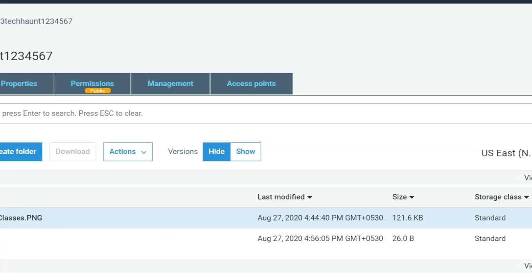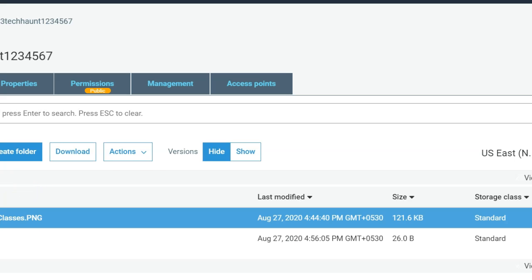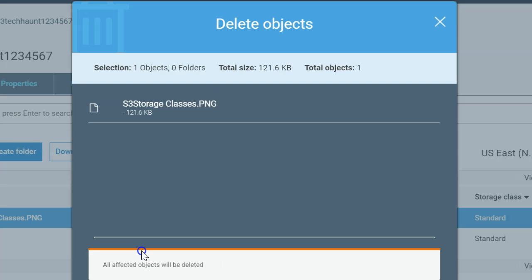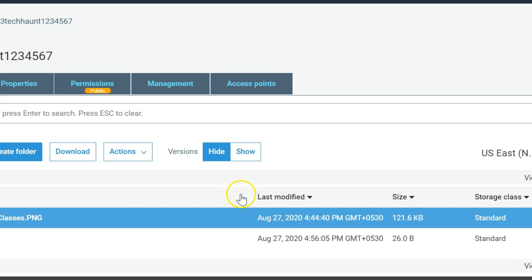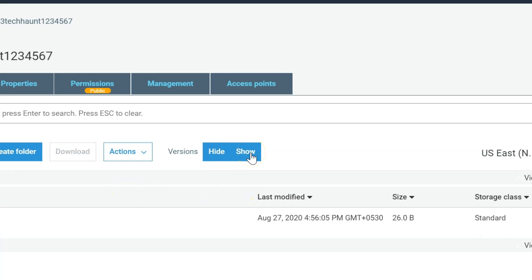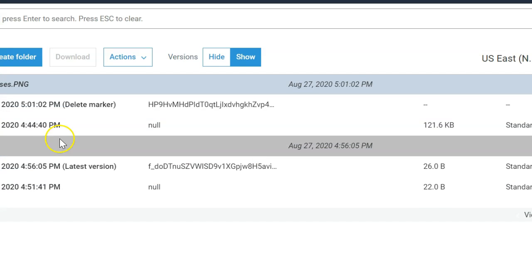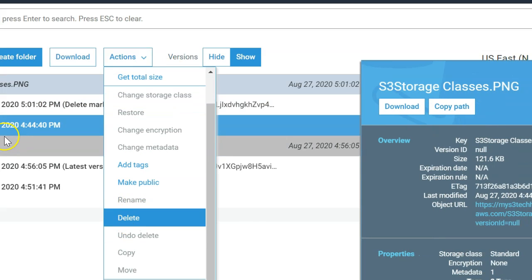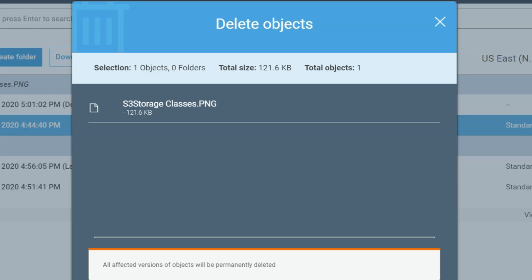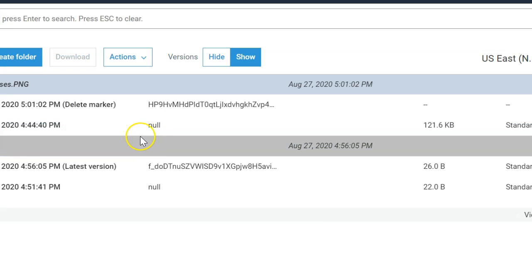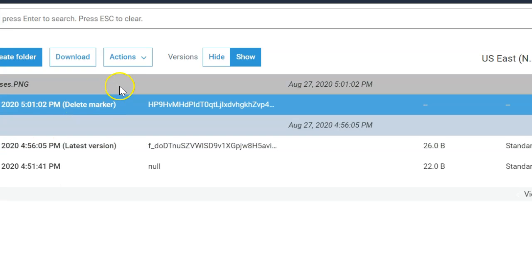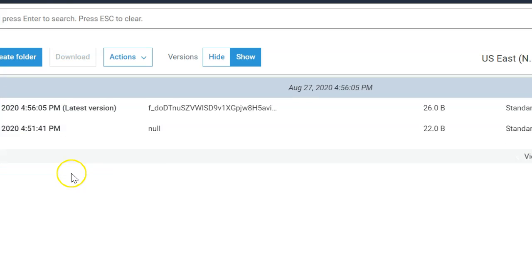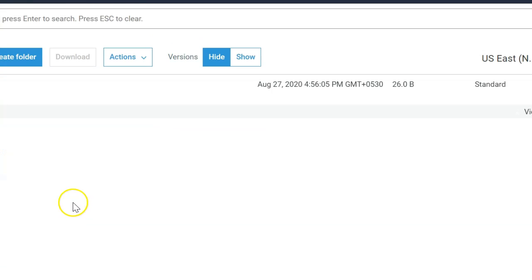So let's see how we can delete it permanently. Let me show you again. So that's how you can restore, but if we need to remove it permanently, I'm just going to delete it, and just hit this show button. Now we have it, and then what you need to do, you just need to select this one, go to delete. Yes, I'm fine with this. I'm just going to delete it. Yeah, and then you just need to go here and delete it. Now there is no option to restore this file.